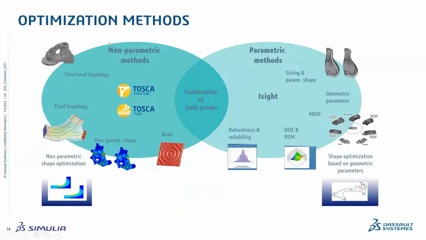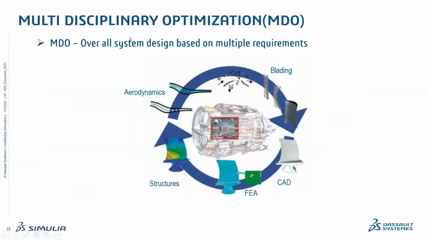So with respect to optimization methods, we have both parametric methods and non-parametric methods. Eyesight is typically used for the parametric method optimization. Similarly, we have solutions for non-parametric as well, that is Tosca. That we are not discussing now, but just to give you an idea, in the parametric way we use Eyesight here. And then we have something called MDO, multidisciplinary optimization, where you involve multiple